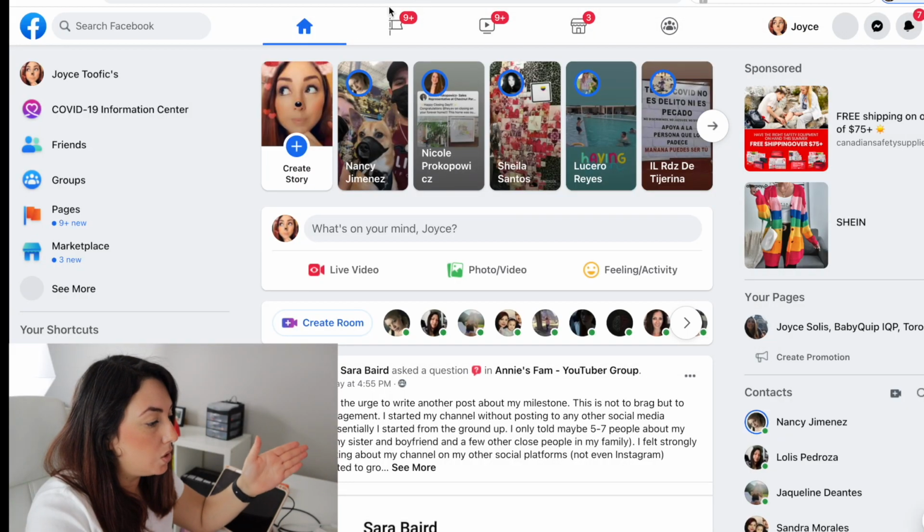Okay, so now let's go to my computer and see how this will look from the admin tools and how it will appear within a group if you choose one expert. Okay, I'm going to share my screen now. Here you can see my Facebook account. I already signed in to Facebook.